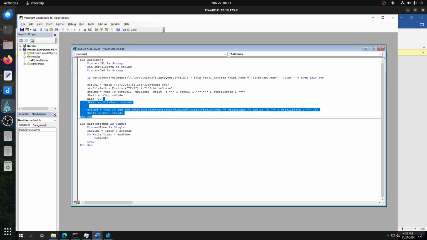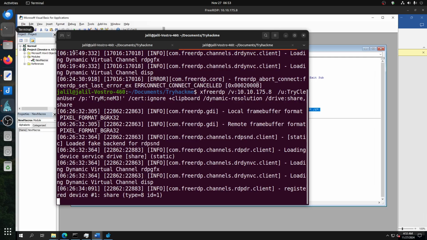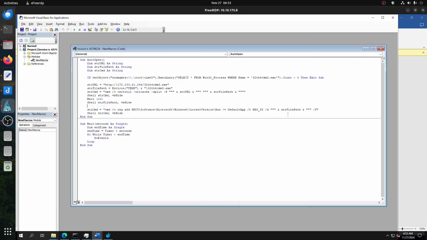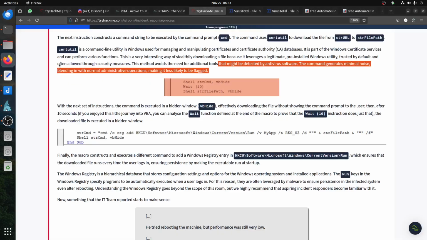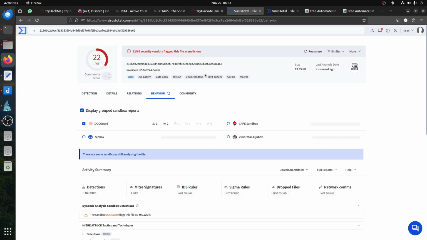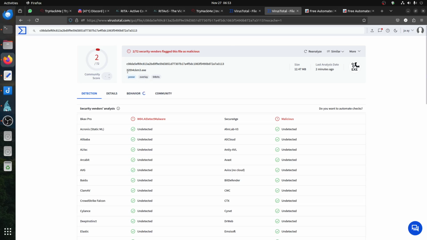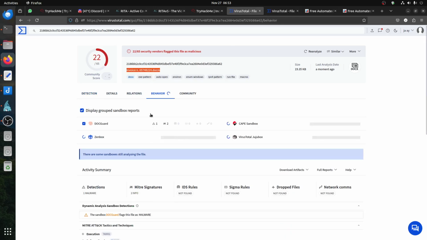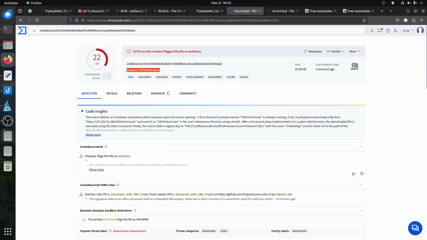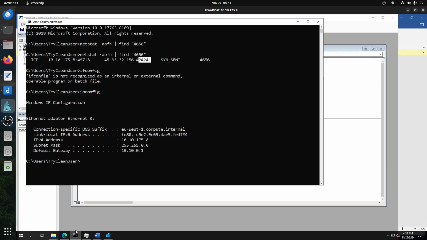One more thing I did, I use this one because I can copy to my computer using drive share. I downloaded both of them. I downloaded the executable and uploaded it to VirusTotal. So I uploaded the doc, the invoice, and I uploaded the executable. In real life, also, one thing you can do is, for example, if I own a machine, I can just say